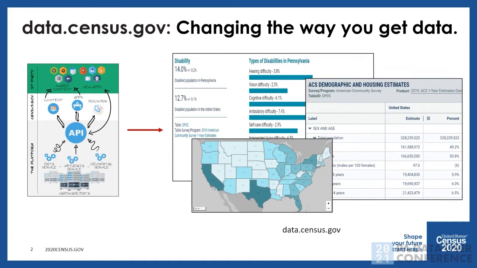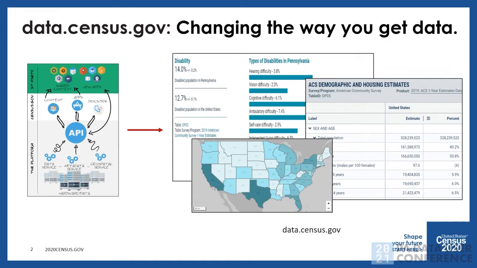on the right-hand side. So before, when we just delivered static tables, so everything was table-based, and if we wanted something within a map or within some other form, individual numbers or maybe a dashboard, we couldn't do that. We had to deliver different data sets. So with utilizing the API, it allows for not only these individual estimates like you're seeing in those visualizations of the types of disabilities, but you're also seeing the tables. You still get your tables, and then you can also see some great mapping features.